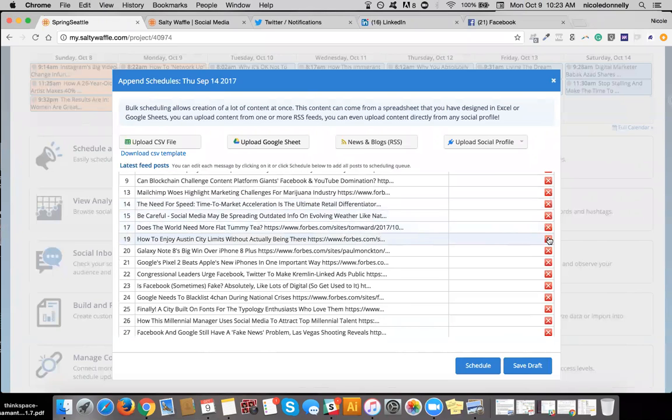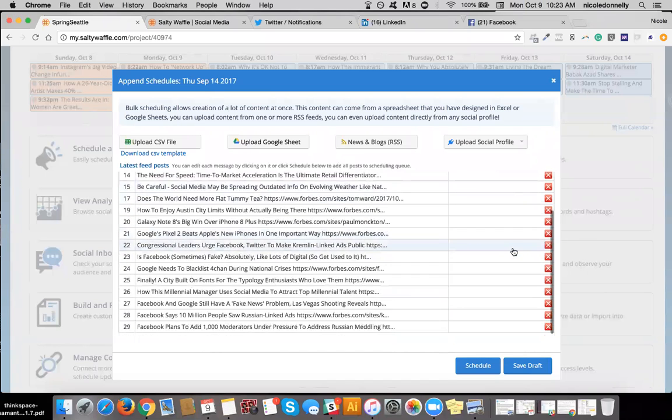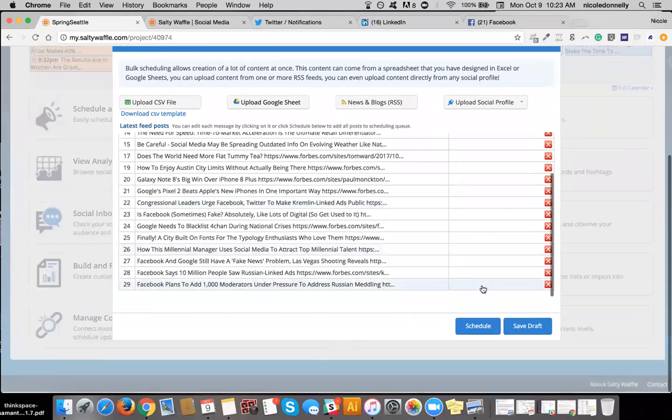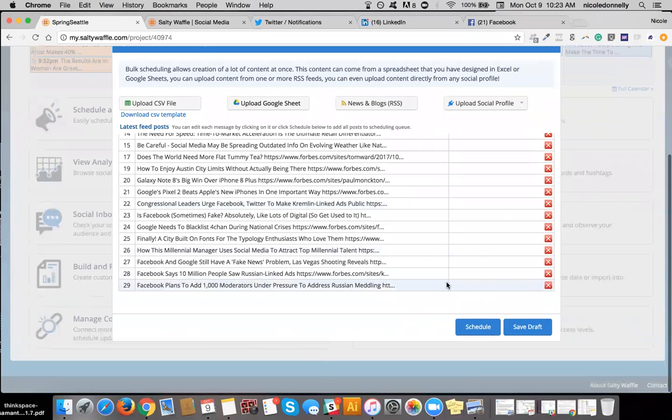Patriots. Austin city limits without being there. That could be interesting. Tech stuff. Congressional leaders. That one looks interesting. Okay. So let's